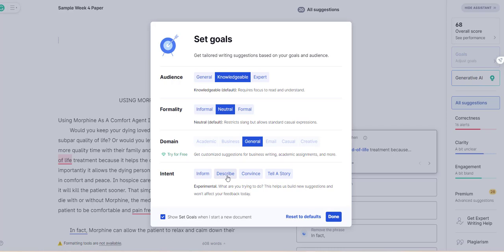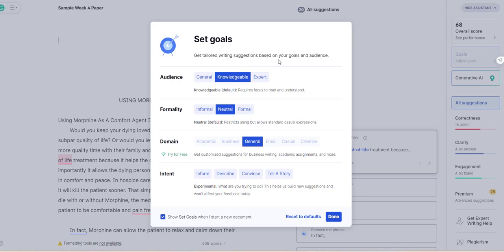You would press describe. If you're writing an expository essay, where you're mainly trying to tell someone what something is, like a definition essay, expository essay, example essay, process essay, then your purpose is to inform. Okay, so you would set your goals first, okay, and this way you get more tailored